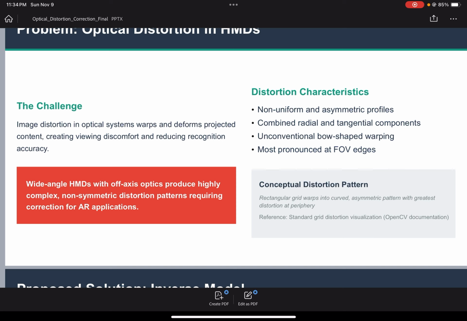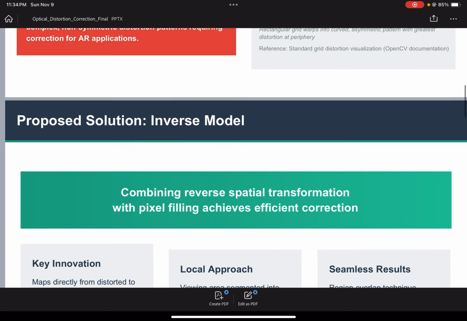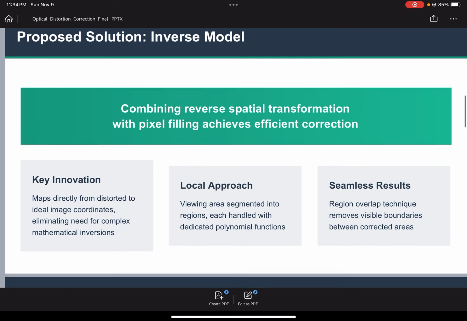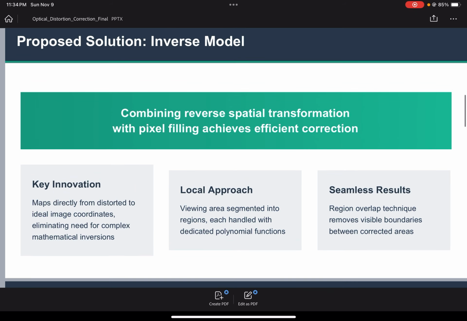And the other thing is tangential distortion, which is perpendicular warping, often from misaligned optical elements. So let's go to the proposed solution, which is the inverse